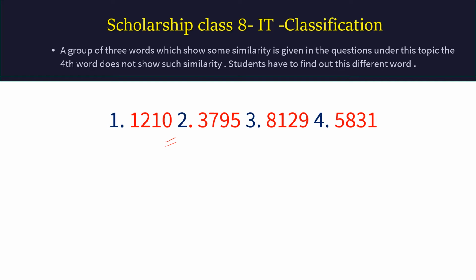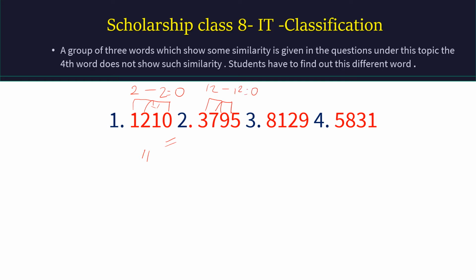And I advise you always, the test of divisibility will be playing a vital role in most of this kind of questions. If you think about test of divisibility in this case, I checked with 2, 3, 5, and all such, and I reached 11. I found that this is divisible by 11 because the difference of odd and even digits: 1 plus 1 is equal to 2, and this one is equal to 2, 2 minus 2 is equal to 0. This is 9 plus 3 is equal to 12, 7 plus 5 is equal to 12, 12 minus 12 is